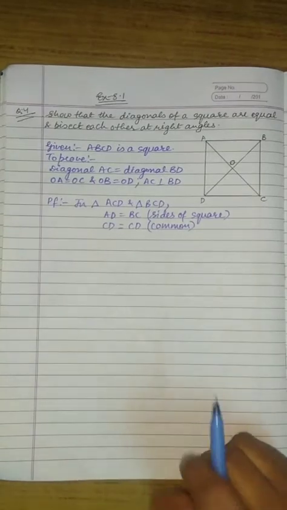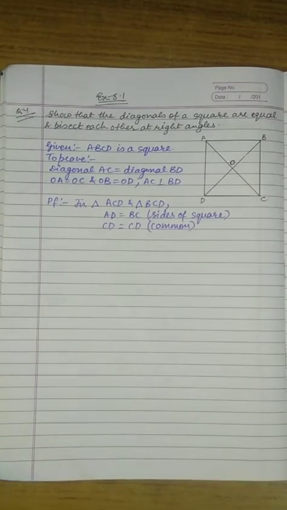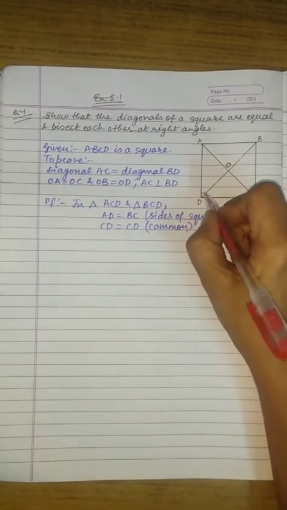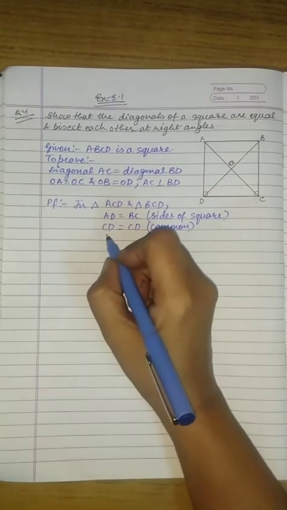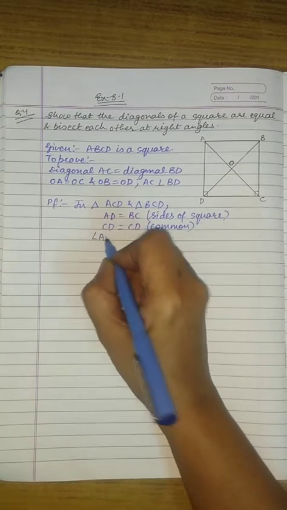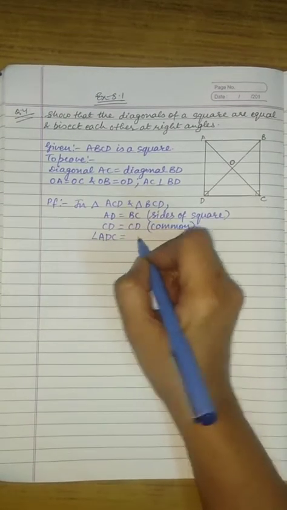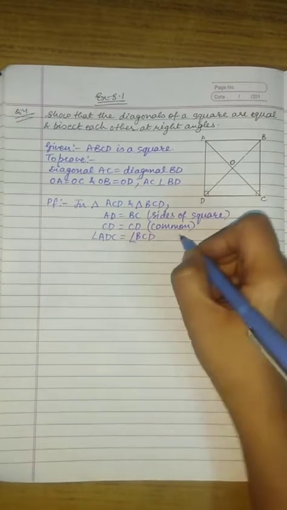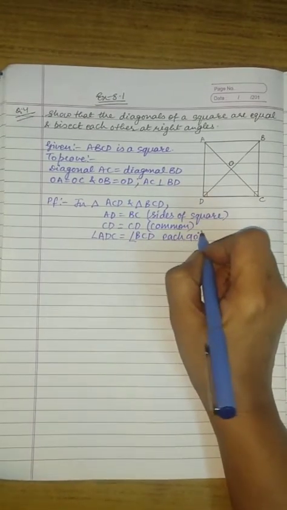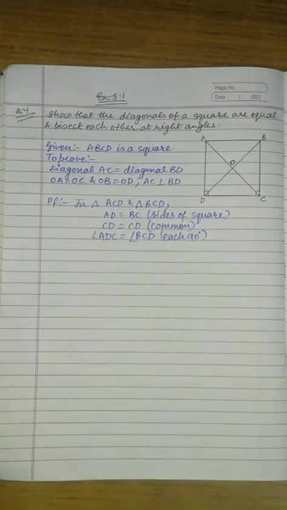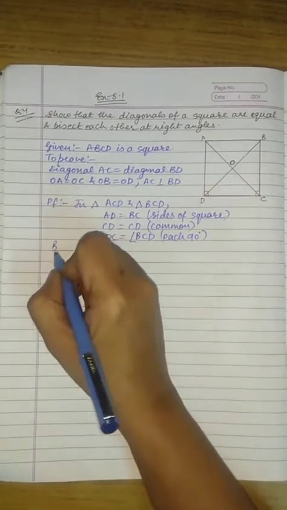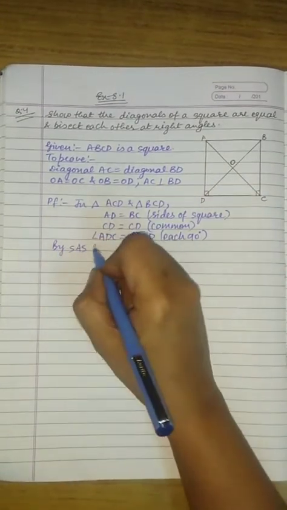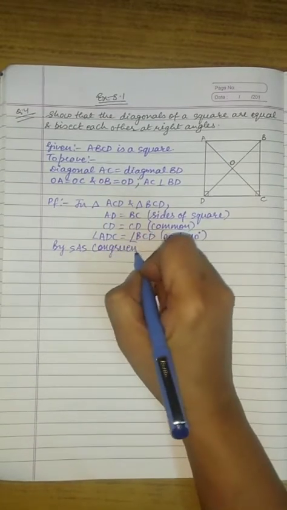Then we have all the angles of square is equal to 90 degree. So therefore angle ADC is equal to angle BCD is equal to 90 degree. So angle ADC is equal to angle BCD, each 90 degree. So both the triangles are congruent by side angle side congruence. So by SAS congruence rule,